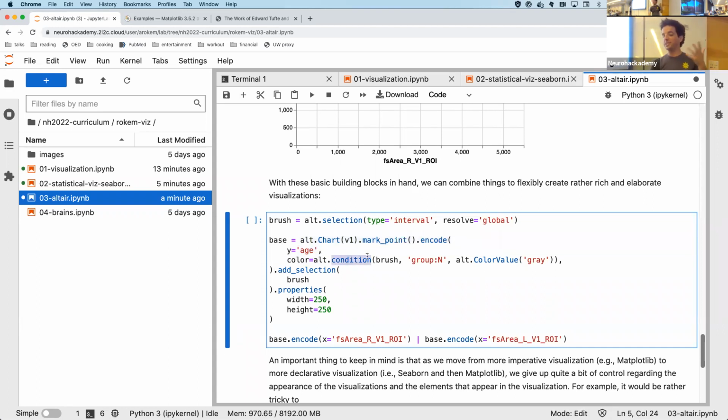Color will be conditional on the brush, on this selection. Group as a nominal. And if I don't select it, set it to gray. Add the brush as a selection, and then set some properties here. And then this down here is a cool way of saying